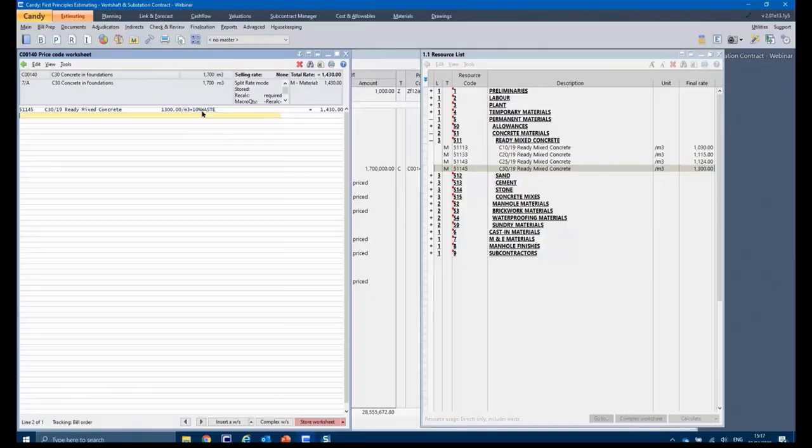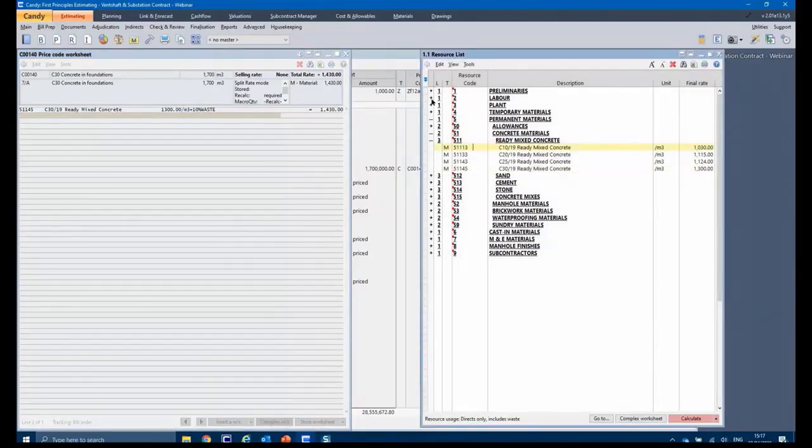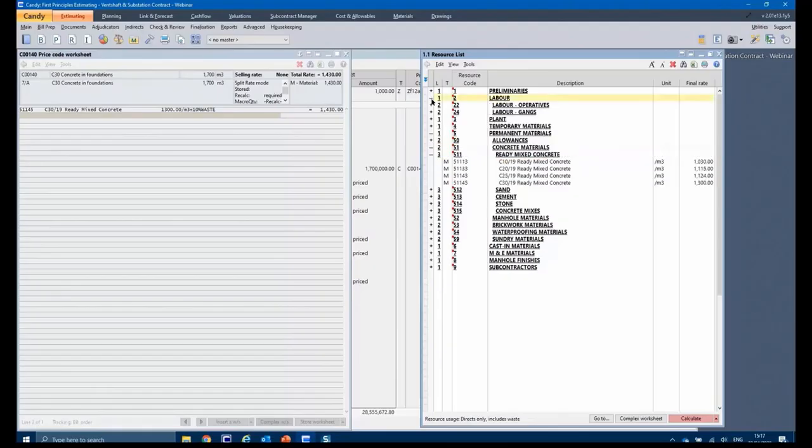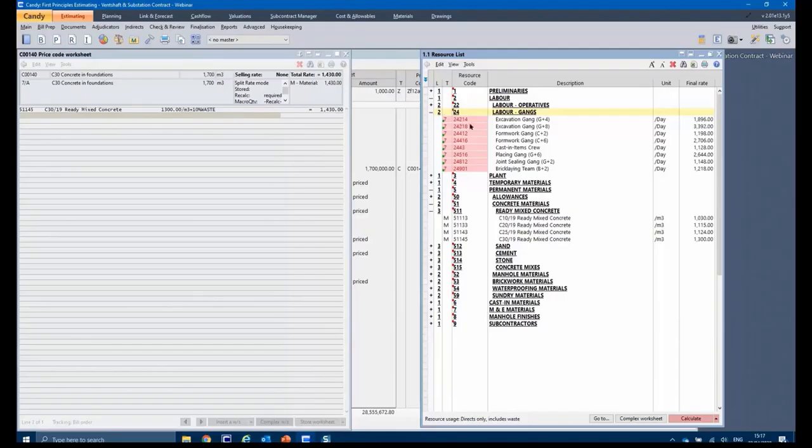This percent waste is also hard-coded in the system. So it will find every resource with that syntax, percent waste, and then apply a wastage report to be able to calculate a wastage analysis for us based on that. Okay, now I need to place my concrete. So I go look for labor. Now I've already got some labor resources, so maybe I'm lucky and I can reuse some existing resources.